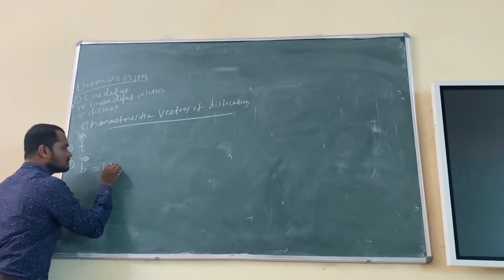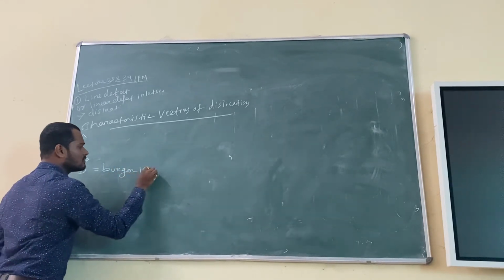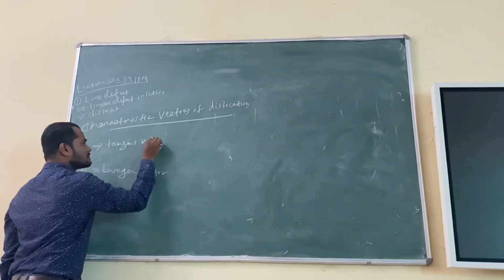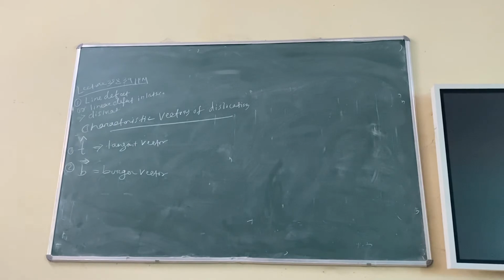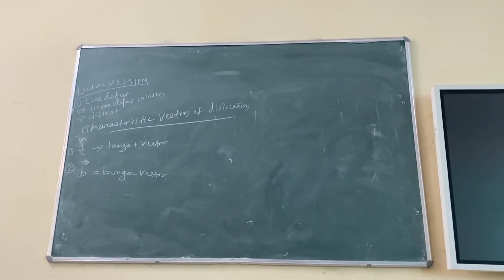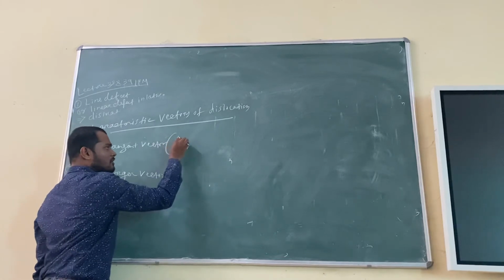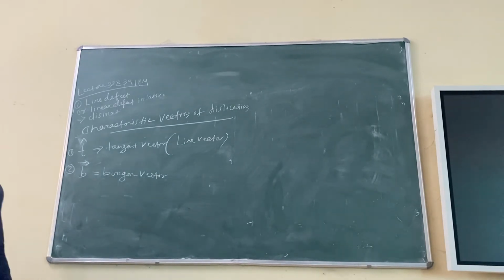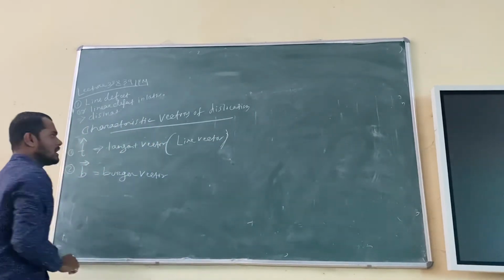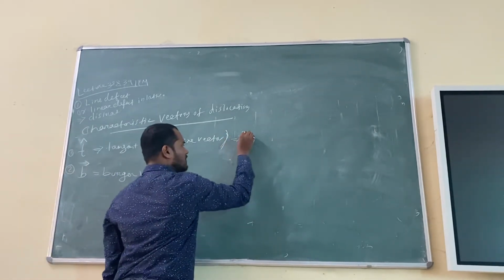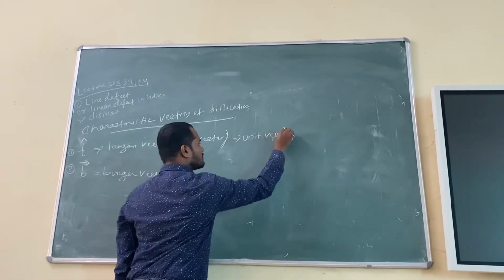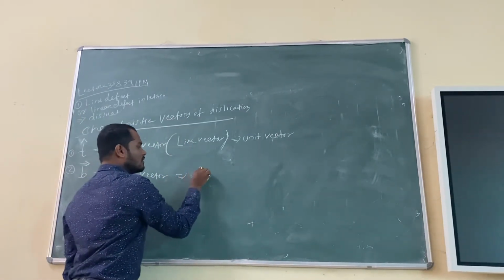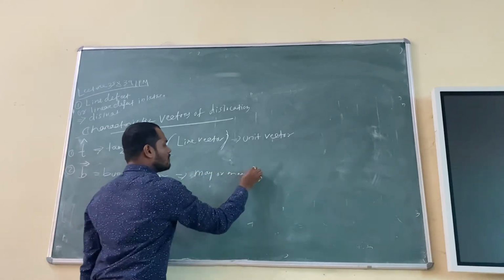So this is called the Burgers vector. And this is called the tangent. These are the two vectors that will define the dislocations. This is also called the line vector. And this vector, you have to remember, is a unit vector. But this is not a unit vector. May or may not be a unit vector.